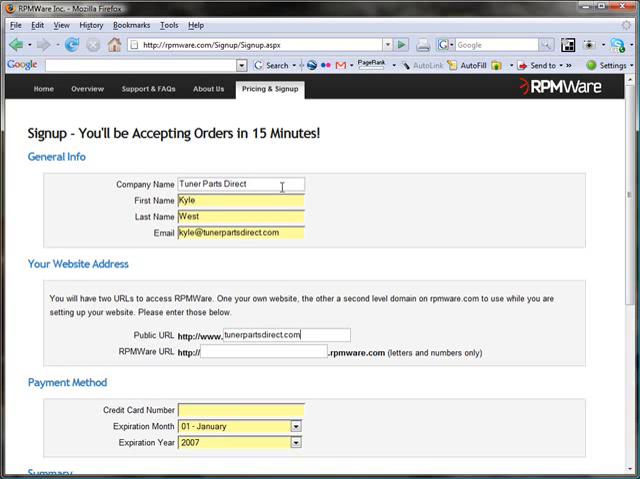For every RPMWare account, you get two URLs. The first, your full domain name, in our case, tunerpartsdirect.com. The second, .rpmware.com address is used while you're setting up your account. Let's use tunerpartsdirect.rpmware.com. Next, you'll need a valid credit card number